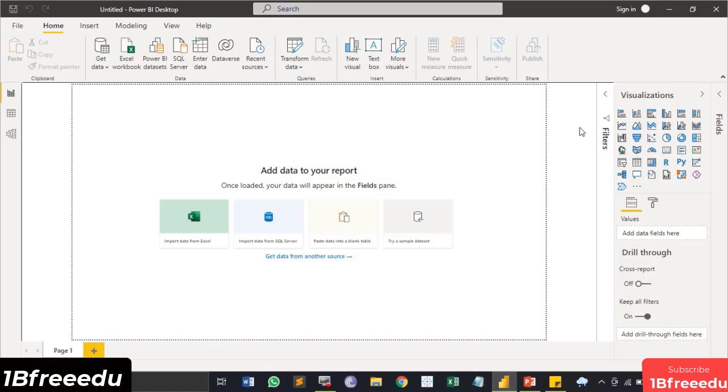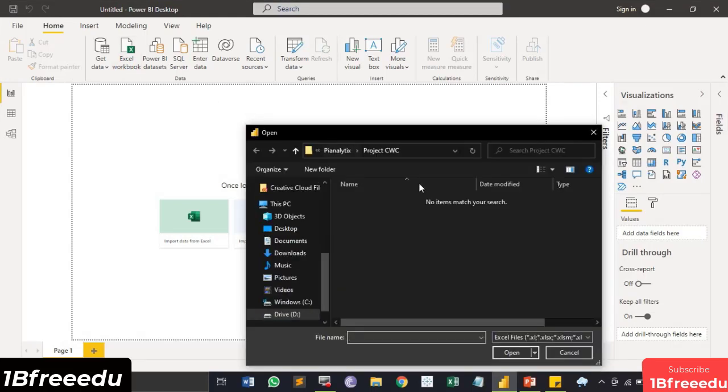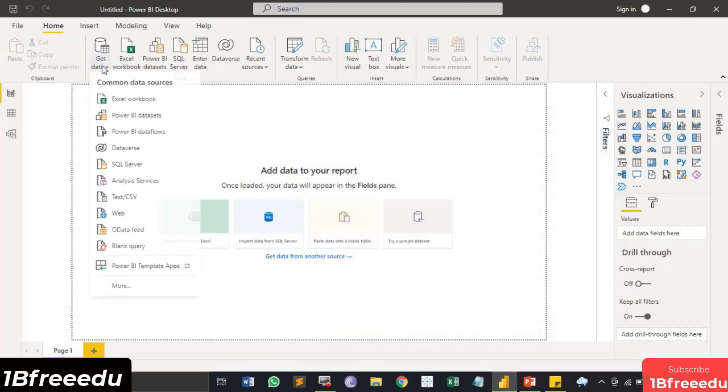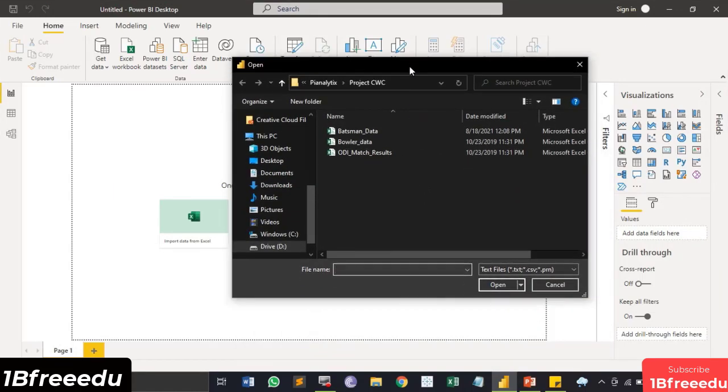This means our work is somewhat complex over here because we need to import multiple Excel workbooks in Power BI. Now there are various ways through which you can do the same thing, but I'm going to show you the easiest of all. So the first thing is that you need to select the source of the data, which is Excel workbook, and select your location. Otherwise, you can go to the get data option and select the particular format over here. Our dataset is present in the form of a CSV file. So we are going to use that.